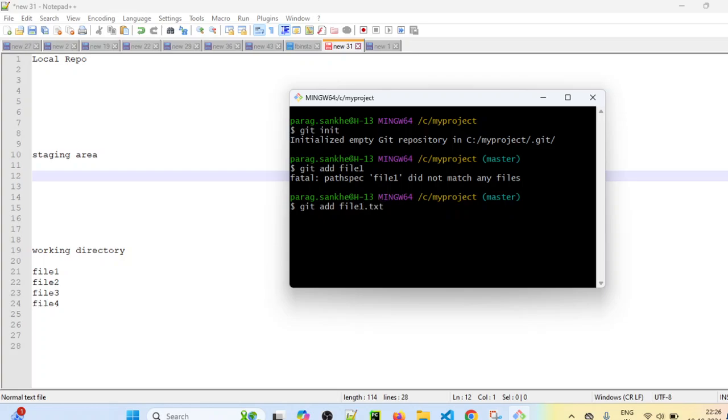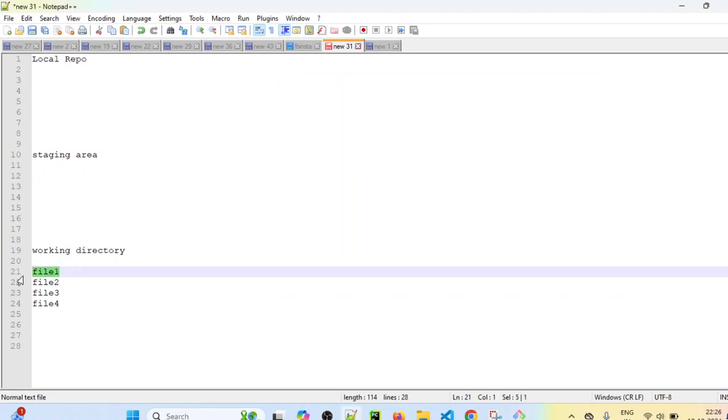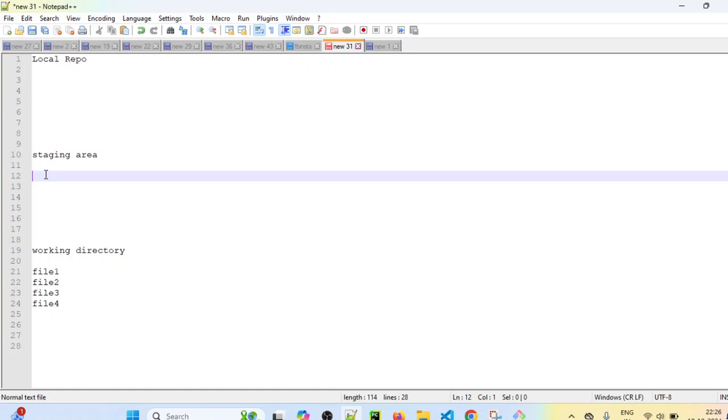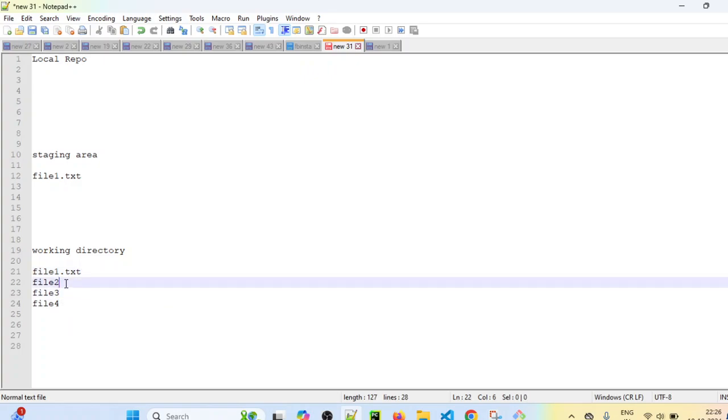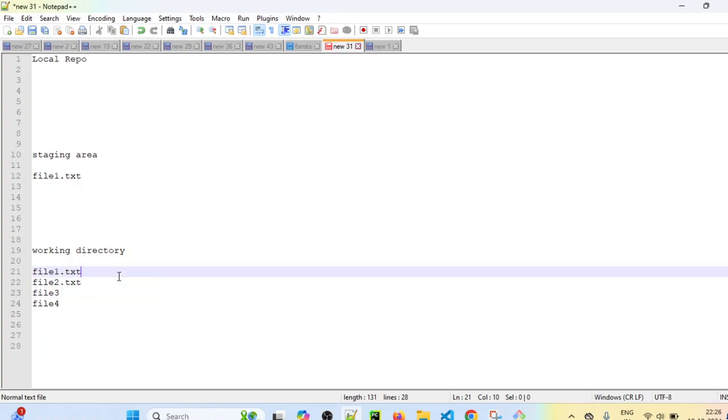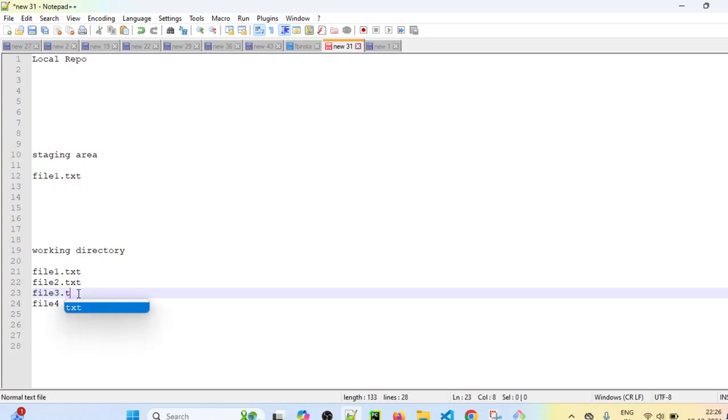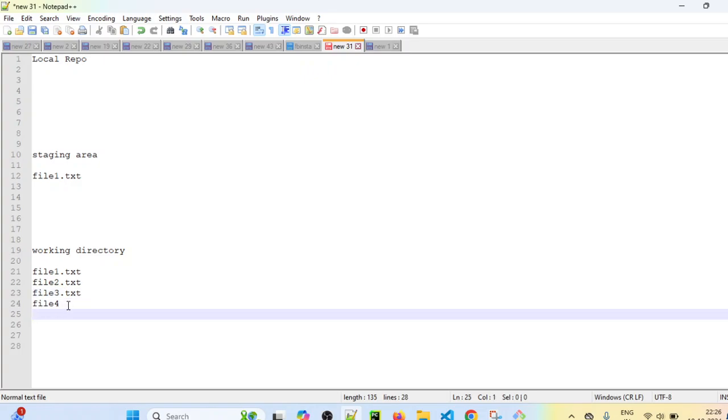So it will add file1.txt to the staging area. So we have added one file from the working directory to the staging area.